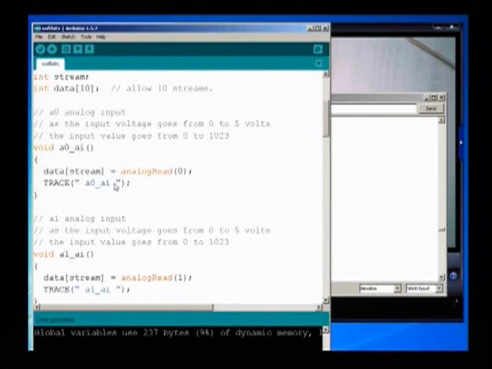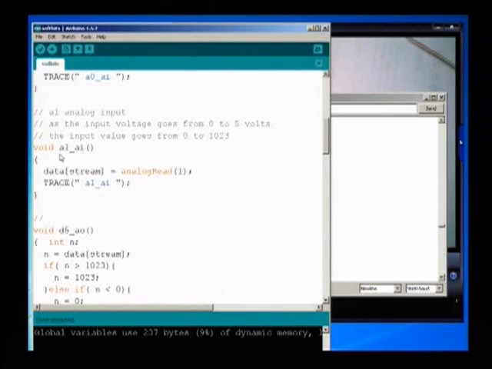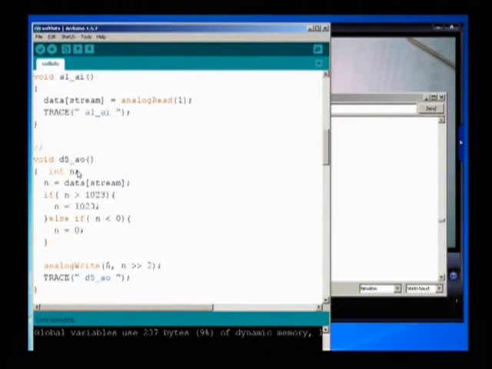Trace message will print out what we saw over here. Same thing with analog 1, A1. I read analog input 1 and write it to the current stream data. The output, D5 analog output, takes the current stream data,